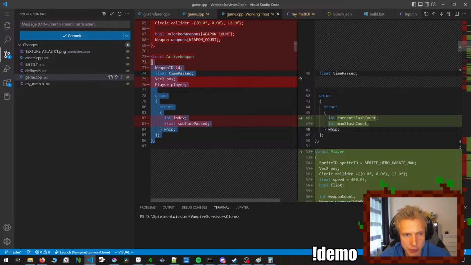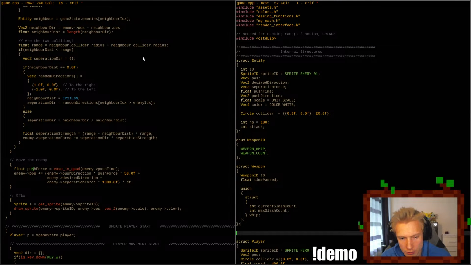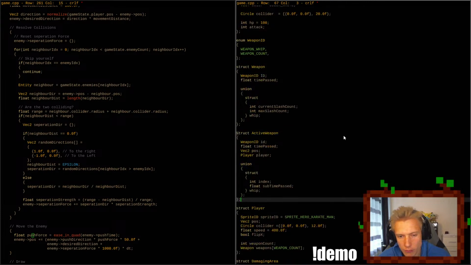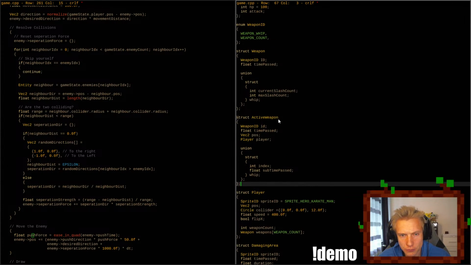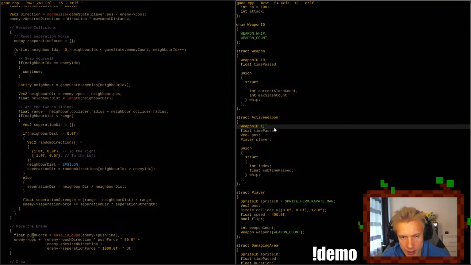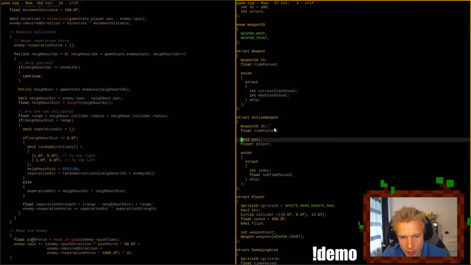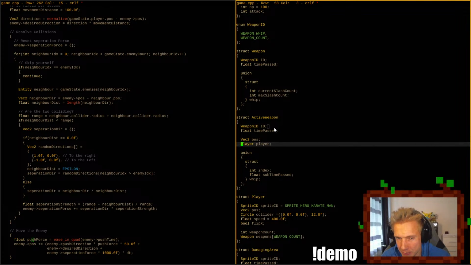Let's get the active weapon back. Just gonna do this by hand. That active weapon here, having an ID, capitalized, time passed, position, and I don't know if we need the player.